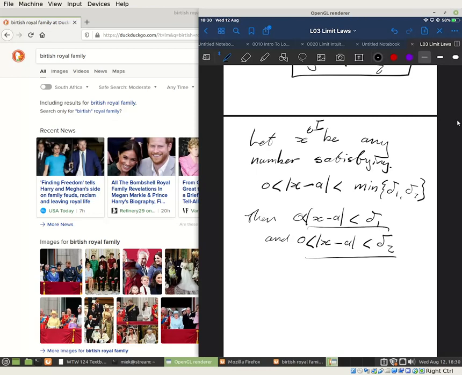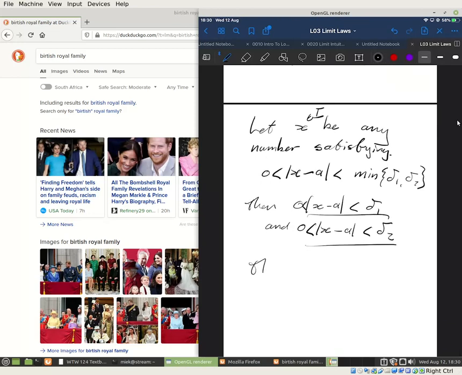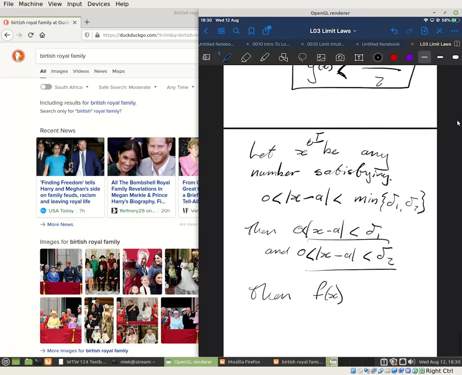But if these conditions are true, then what do we have? g of x is less than L plus m over 2